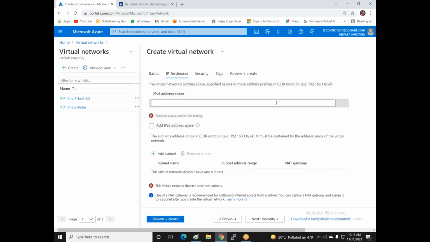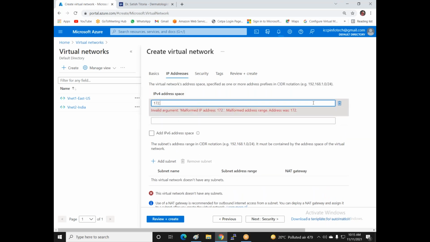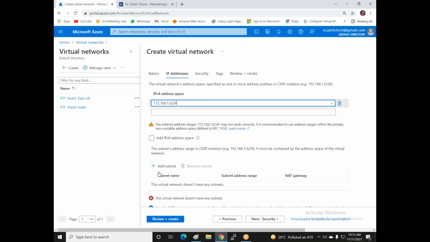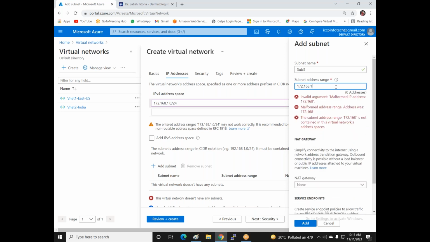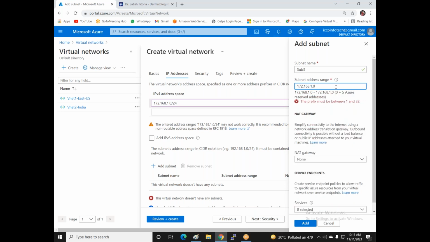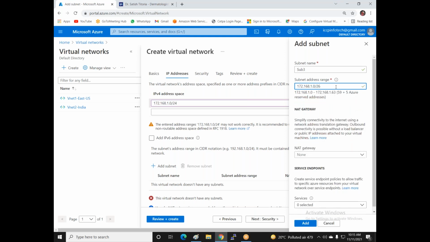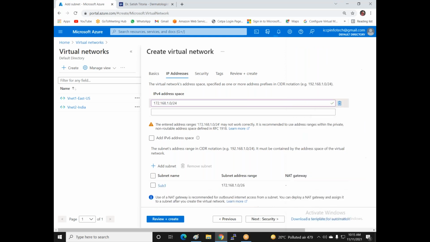I'm using the IP 172.168.1.0/24, and the subnet is subnet 3, 172.168.1.0/26. Now add, and now review and create.